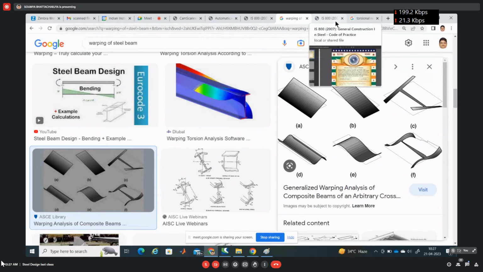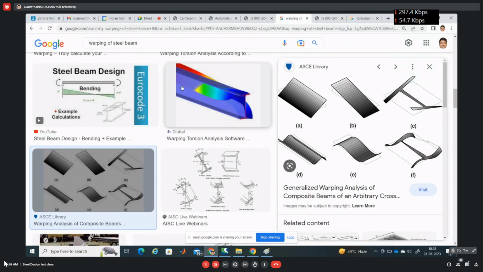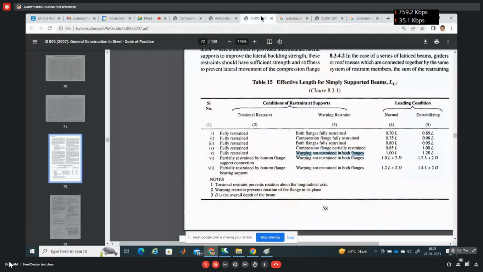So when the steel beam tries to deflect laterally, there is every chance that this type of deformation may occur. That means the flange may rotate in its plane. That is called warping. We cannot resist that. So that is why,